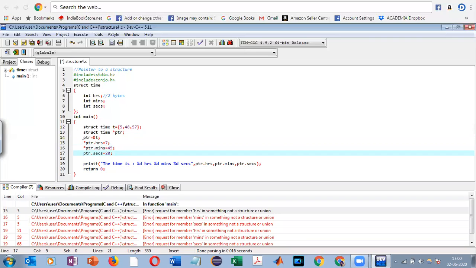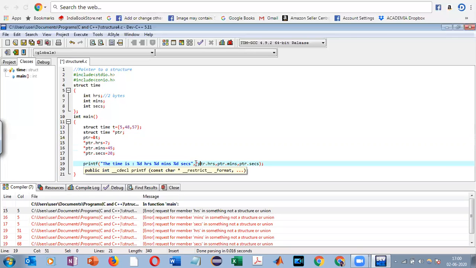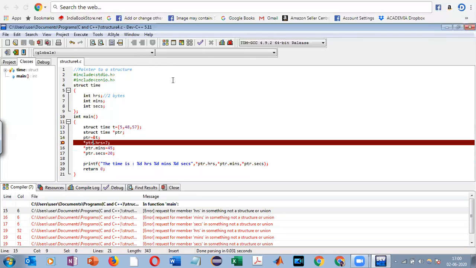Here also we need to change. Let's see now if it works or not. No, it is not going to work.